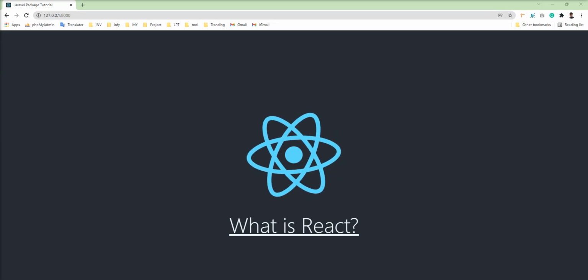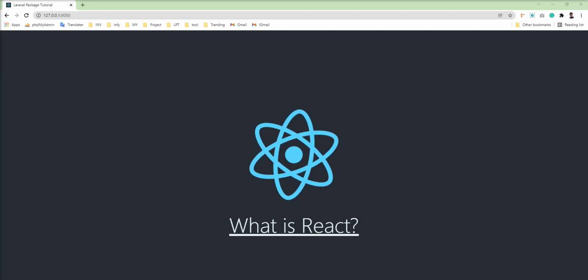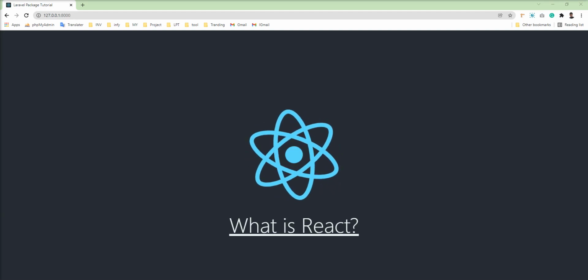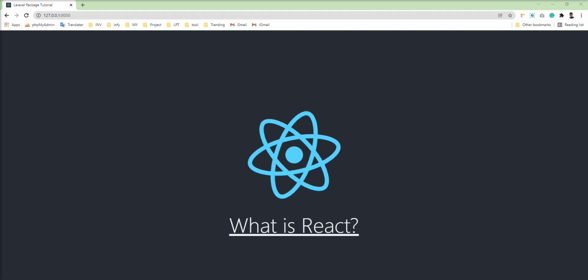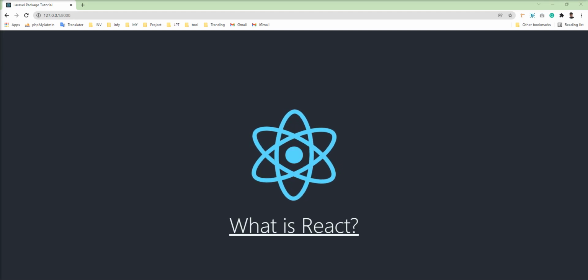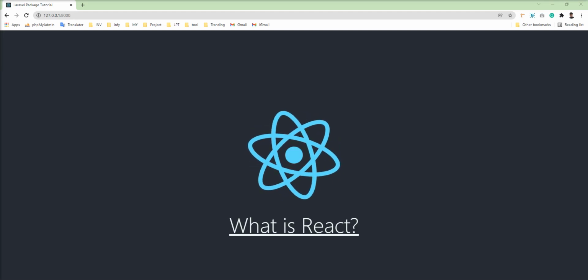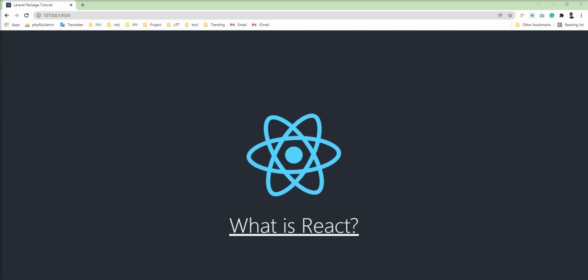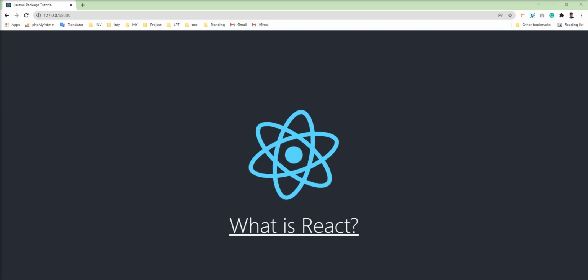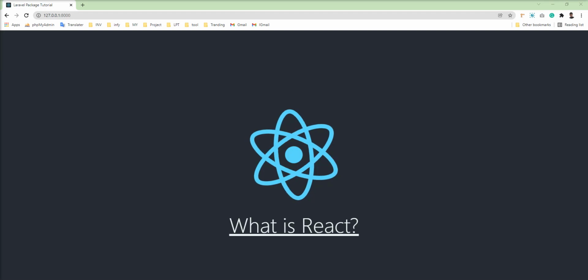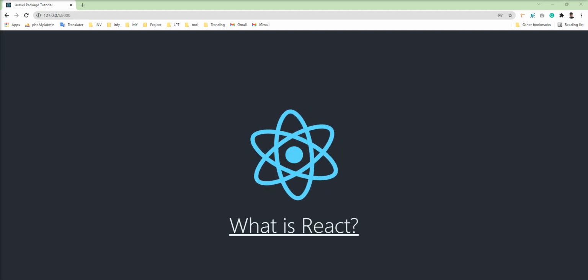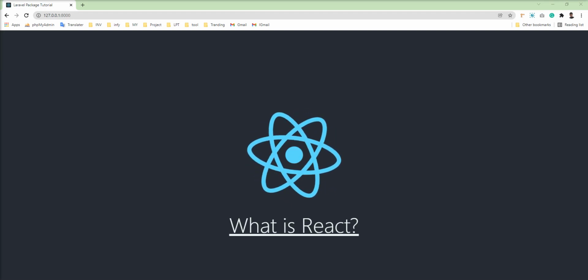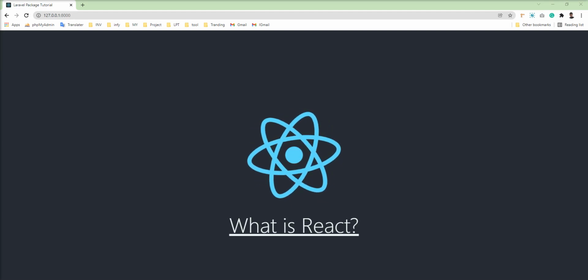In this tutorial, we'll learn what is React. React is a free and open source front-end library. React is a JavaScript based library and you can build your interface based on UI components in React. React was basically developed by Facebook for its own use, but later it was made public by Facebook and is now maintained by Meta and the React community.